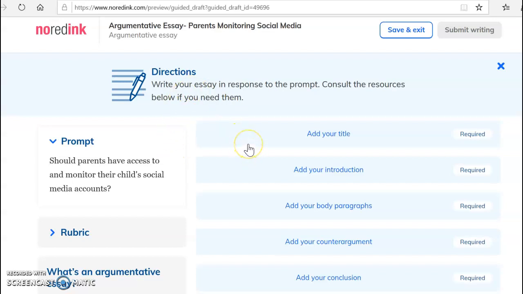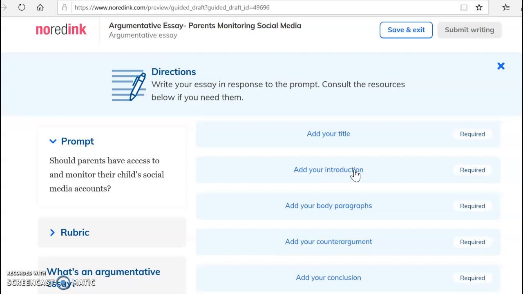Okay, so once you all get into No Red Ink, then you're going to go to the assignment. Hopefully, you already have a title and you've written your introduction, although several of you, it looks like 34 of you out of my 70 students, have not yet finished your introduction. So you're going to do that. And there's a screencast that was posted on Monday that will give you instructions on how to do that. So if you haven't done your introduction yet, do your introduction today and look on Monday's stream on Google Classroom